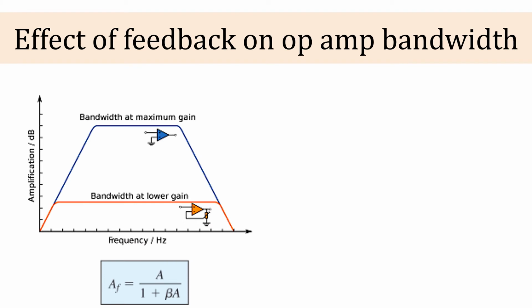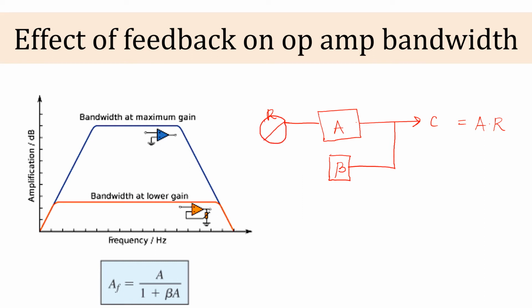Okay, now comes to the main point. You must remember that when we discuss open loop system and closed loop system, suppose in the open loop system the gain is A. Okay, so C is output and let's say R is the input. So in this case C will be equal to gain multiplied by input, that is A into R. If we use beta as the feedback gain and keep it as negative feedback, I will modify this diagram a little bit and we can use a summer here, negative feedback.